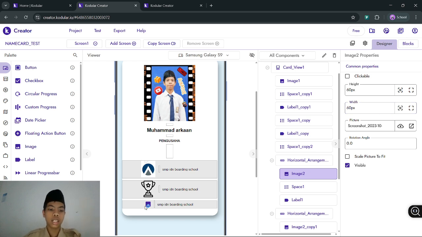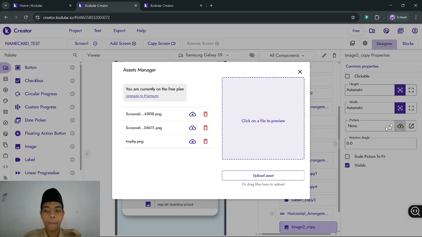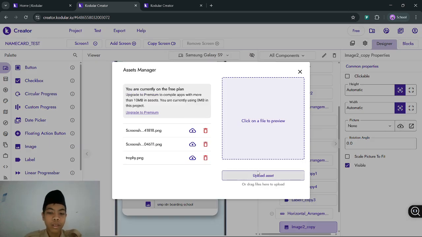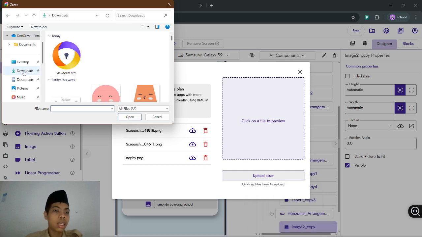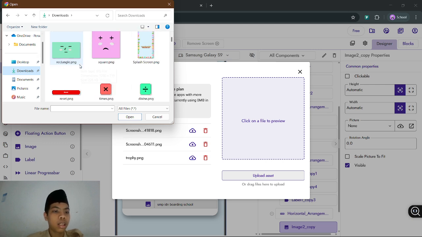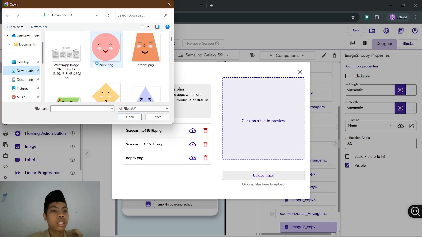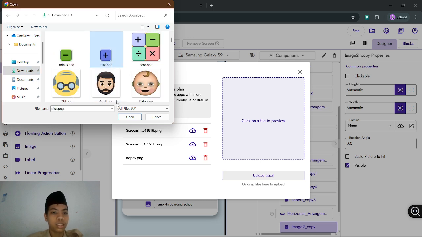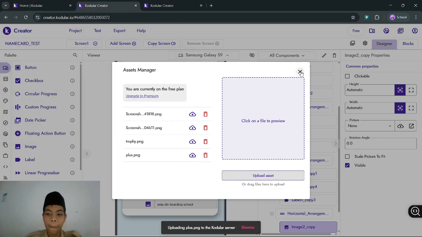Okay, like this. And then the last picture is about the number. So we upload a file again and search for something that has a connection with numbers. We take the plus and then upload the asset.